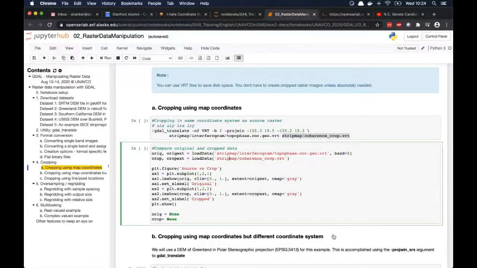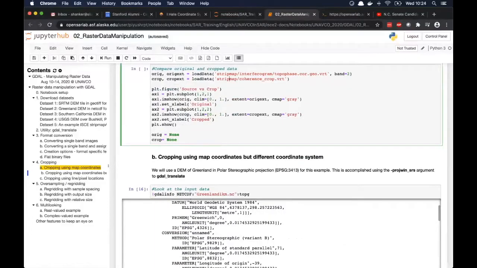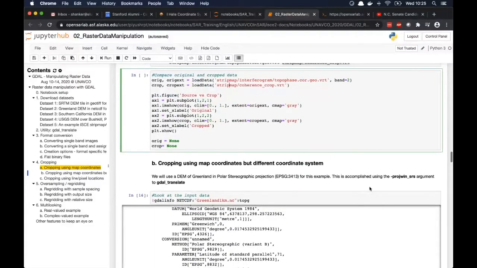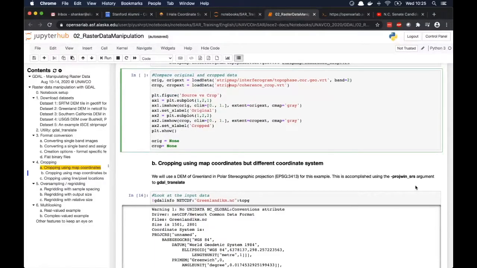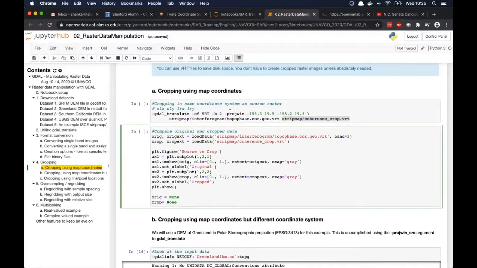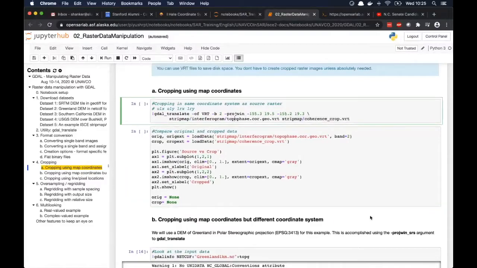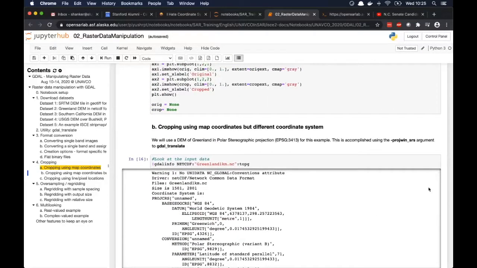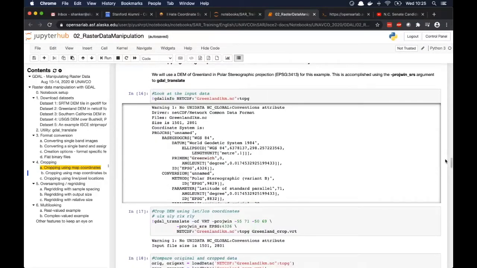The next case is also a very common use case, especially if you're working in areas like Greenland and Antarctica, where often you want to work with Landsat imagery and overlay it on your SAR imagery, and Landsat is in UTM and our ICE products are in Latlon. So in this case, we know our geocoded product was in Latlon space, and we specified the crop region in the Latlon space. In this next example, we